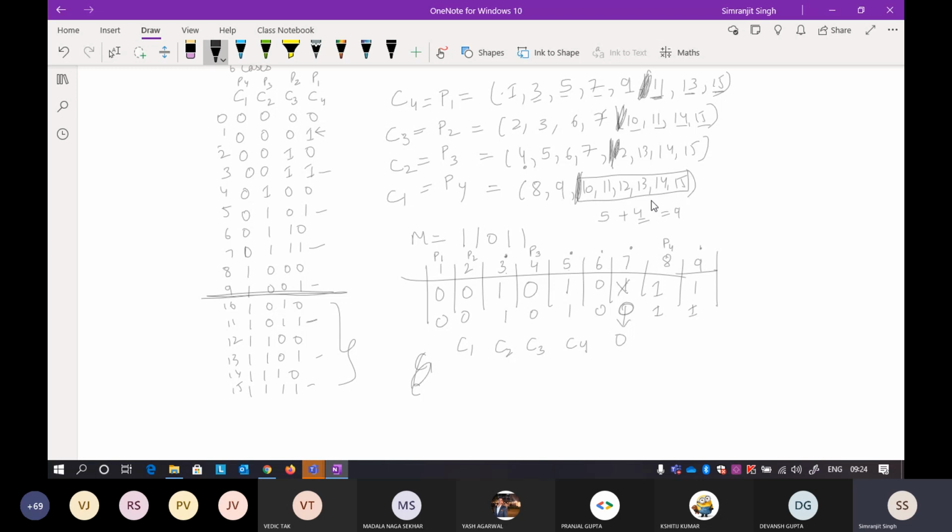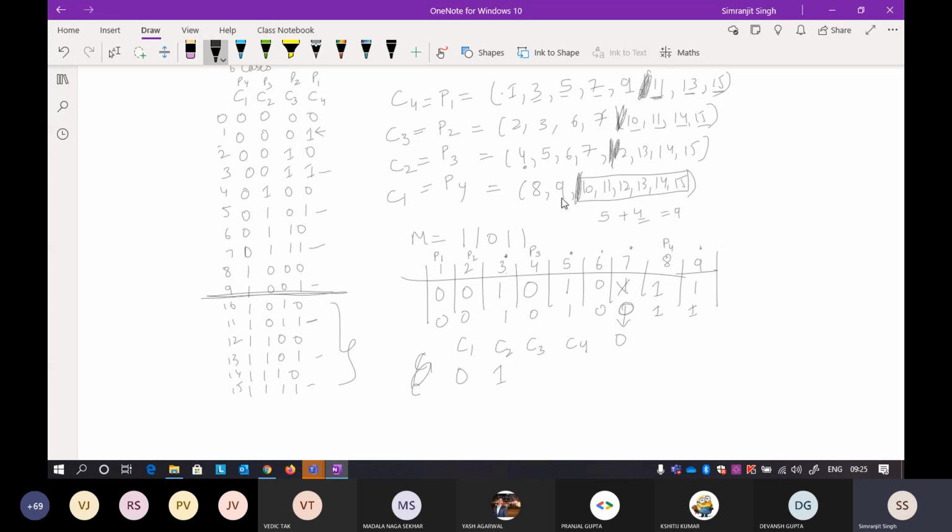So now the check bits, check 8, 9. What is 8, 9? 8, 9 is 1, 1. So it is already even. So don't do anything. So it is 0 for check bit 1. Okay, so check bit 2, it is 4, 5, 6, 7. Okay, so 4 it's even parity, 5 it's odd parity, 6 it's odd parity, and 7 it's also odd parity. Okay, so I have to add a 1 here. So it's saying that at the C2 position there will be an error.